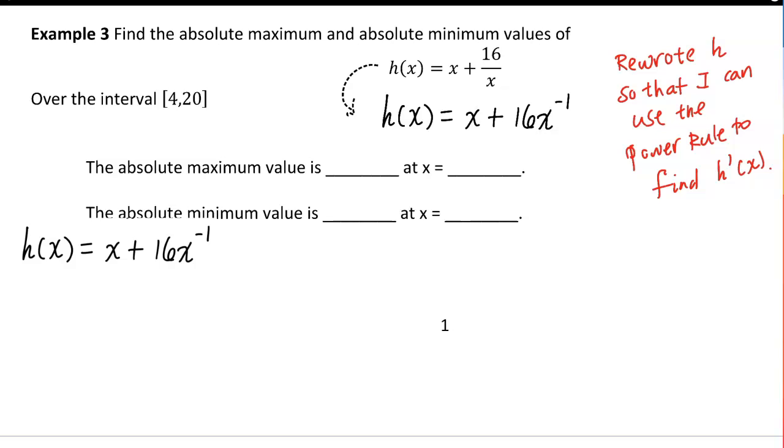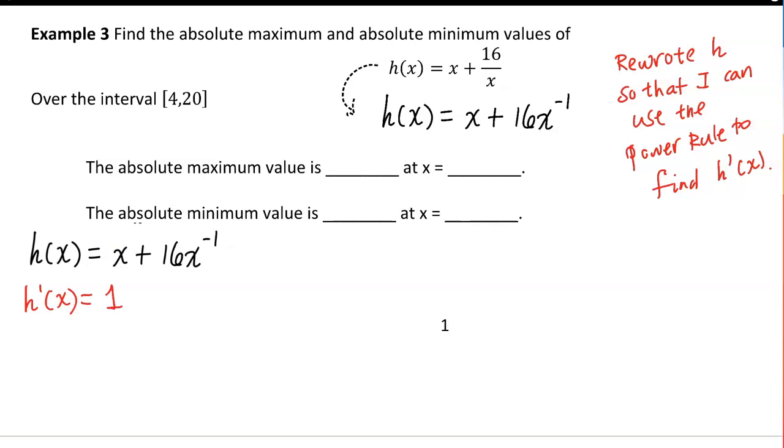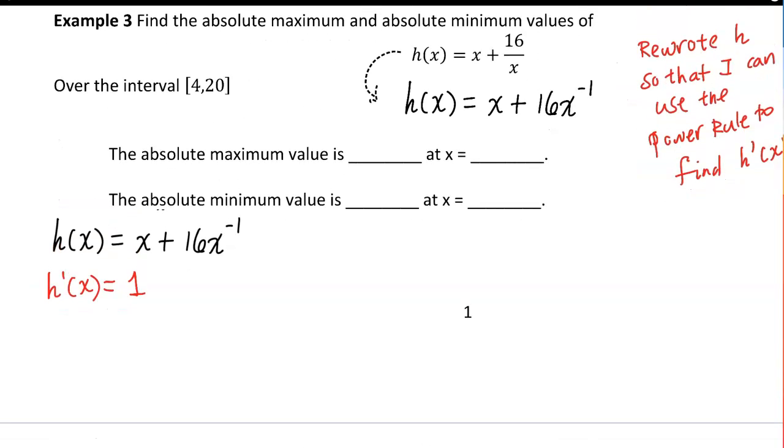So if that is h of x, what is h prime of x? Let's find h prime of x. H prime of x is, derivative of x is 1. Now let's take the derivative of this. Multiply this negative 1 by the coefficient of 16. I get negative 16, but you need to go down 1 from this original exponent of negative 1, so that goes down to negative 2. If I rewrite this back in fraction form, this will be 1 minus 16 over x